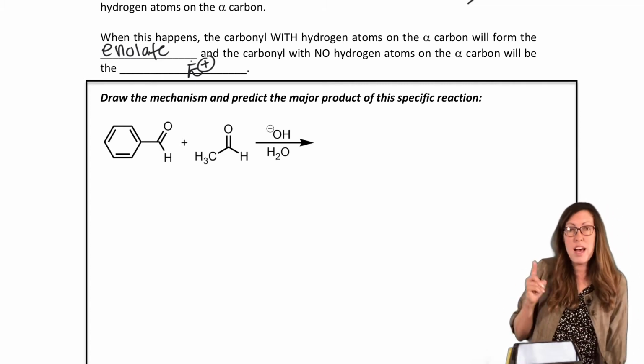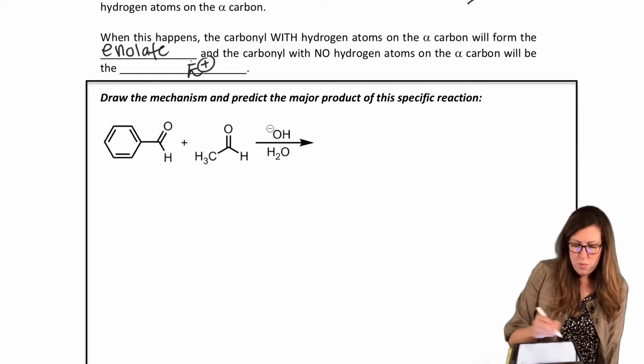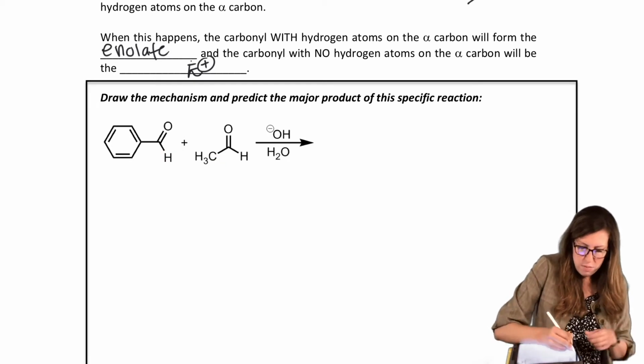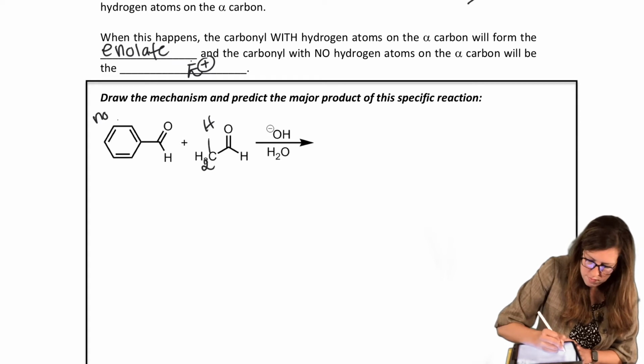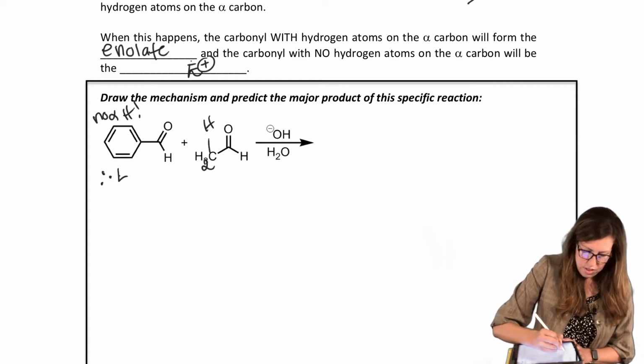So let's look at an example where this will happen. If we put in the right ratio of base, one of these to one of those, that means this one could get deprotonated because it has the alpha H. Notice how this one has no alpha H, no H there, and there's no carbon there to have an alpha H. So this is the only one with an alpha H. So I'm going to draw in its H. Therefore, this is only the electrophile.